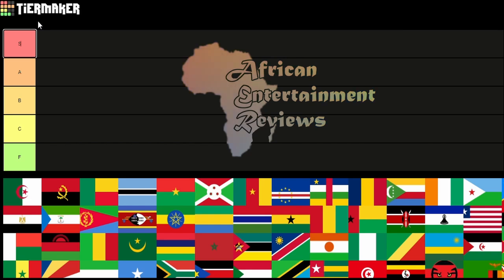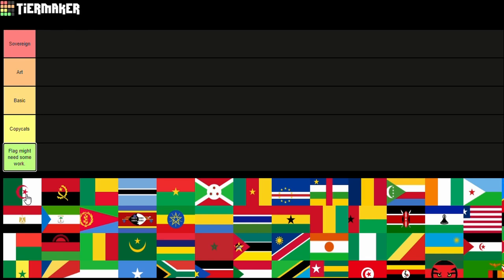So real quick, we'll start by renaming these tiers, starting with the S class, which will now be known as Sovereign, the A class known as Art, B tier known as Basic, C tier known as Copycats, and the F tier now changed to Flag Might Need Some Work. We will also be working through this alphabetically, so let's get right into it with Drapeau de l'Algérie,